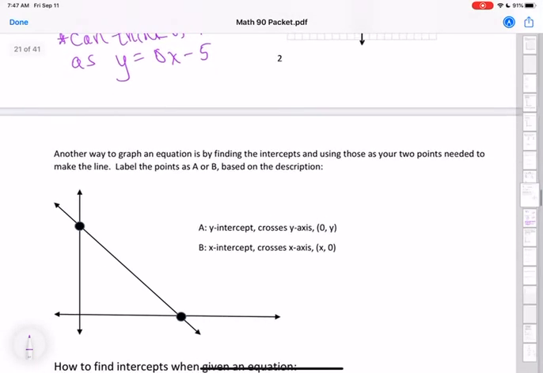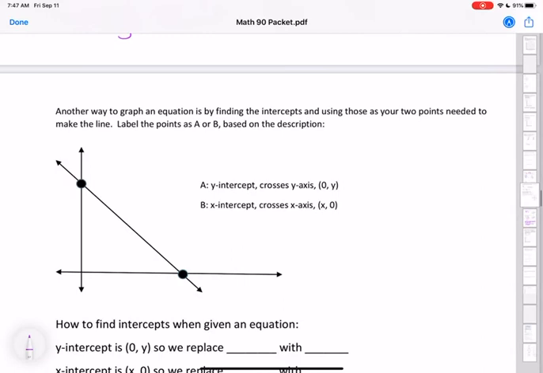So another way to graph an equation is by finding the intercepts and use those as your 2 points needed to make the line, because you just need 2 points to make a line, right? So here I have a little graph, and I'm asking you to identify which one do you